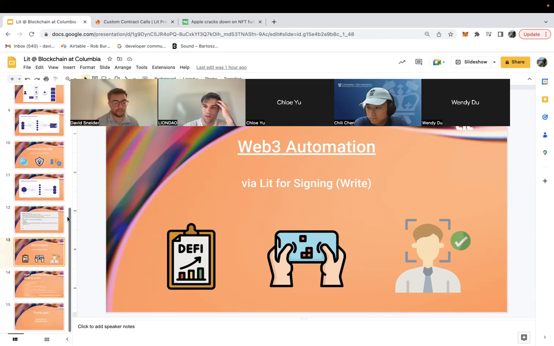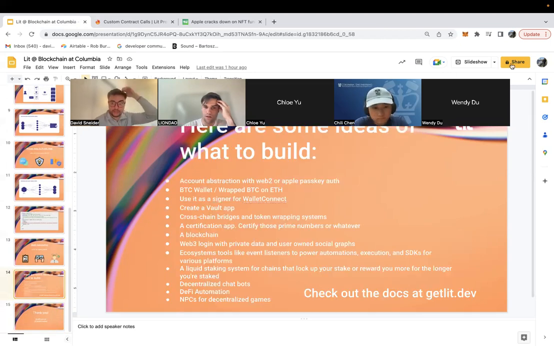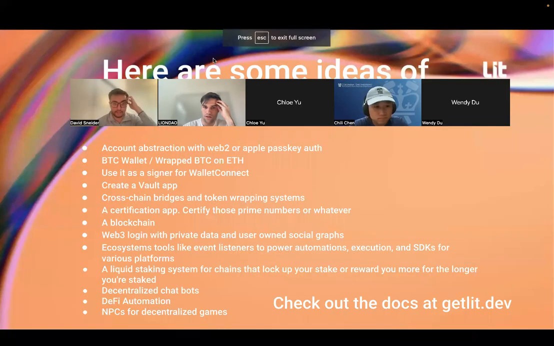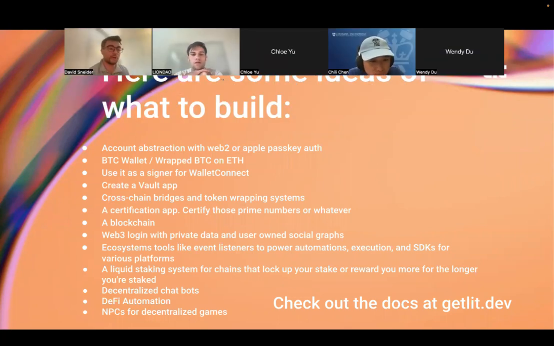Yeah. And I just wanted to end on some things that we think are really cool to build. And just share that we have a grants program. We put a number of builders in touch with venture capitalists who are leveraging this underlying technology of this programmable key. It's really wide open, and there's just enormous amounts of opportunity. Talked a little bit about the account abstraction wallet. There's also the capacity to use this thing as vaults, whether you want to take some Bitcoin and trade it on Ethereum, connecting it up to other services like Wallet Connect.